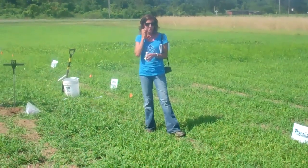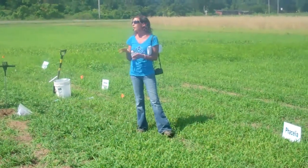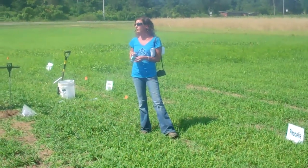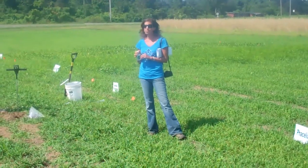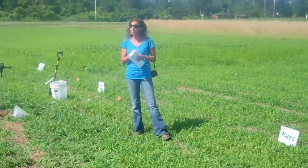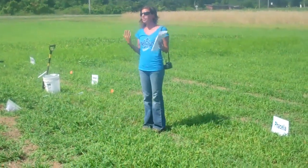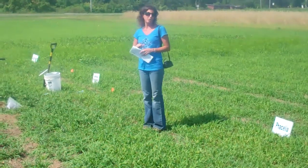And what we found is that we were able to significantly reduce the incidence of Phytophthora in those treated plots where we had the mustard compared to the no mustard treatments. I don't have my paper with me, but I did write a report. You guys have that. And on that table, you do see the numbers, how we did significantly